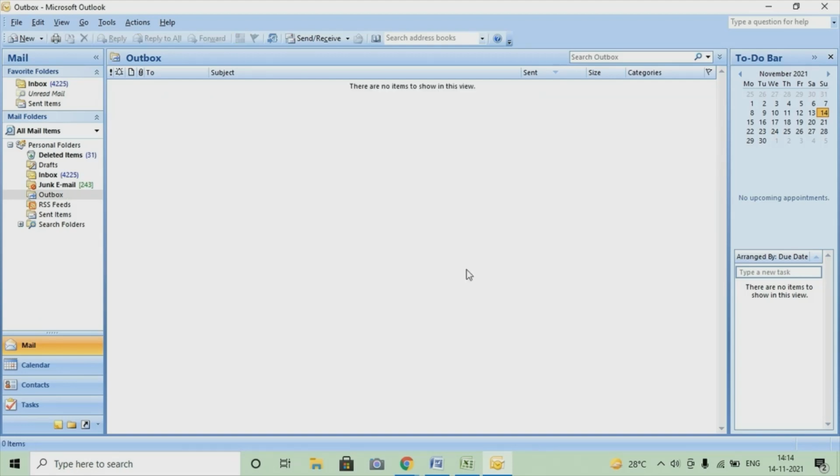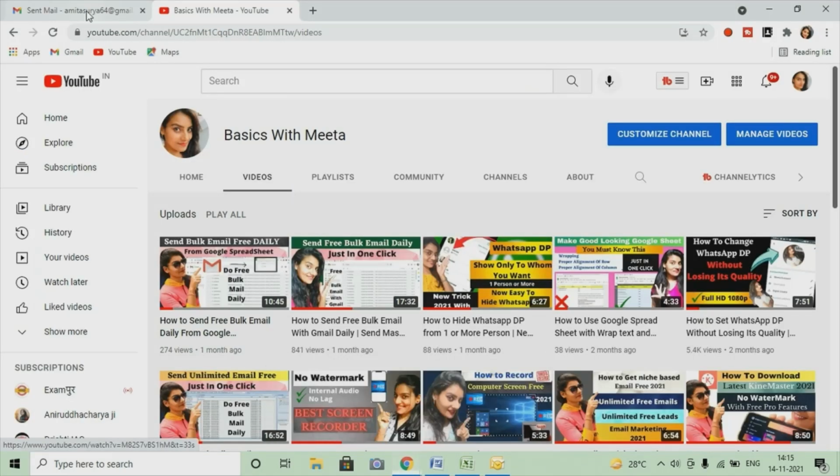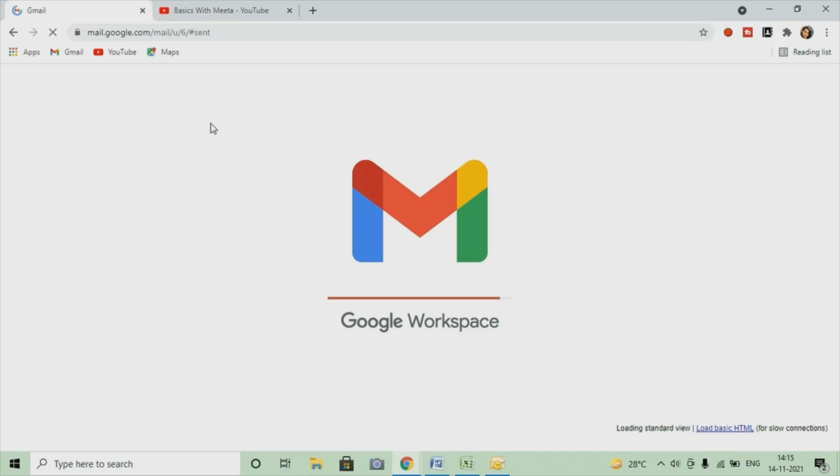So this is done, and now let me show you how you can check where the mail was sent. I'll go to the email ID. I'll open up the Gmail ID I'm using, so that you will have an idea of how, using the Outlook configuration, we can send the mails through a Gmail ID. Recipient name. So this is how you can do the bulk mail on a regular basis.